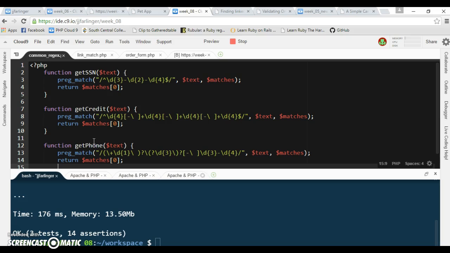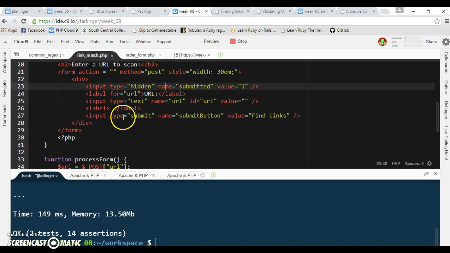And we had specific formatting that could be accepted for all 3 of those, and we had to write the correct regular expression. And then we had a test file that we were given, and I will run that test here to show that with these 3 dots, that means that the test passed, and so those regular expressions were correct. We also did a link match, and